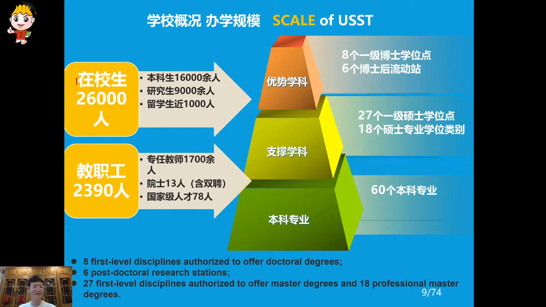And then, turning to the scale of the university, I am going to present the updated data with you. You can check the PowerPoint and the pyramid on the right. Currently, USST has more than 26,000 students, among which 16,000 are undergraduates and around 9,000 are postgraduates. 我们有在校生约26000人，本科生16000人，研究生9000余人。同时呢，我们的留学生教育的规模也非常大，留学生的在校人数预计约1000人。So there are 15 schools, 2 departments of education, 60 undergraduate programs, and also 8 first-level disciplines, 62 master's, 7 doctoral, and 18 postdoctoral programs, as you can see from the PowerPoint at the bottom.